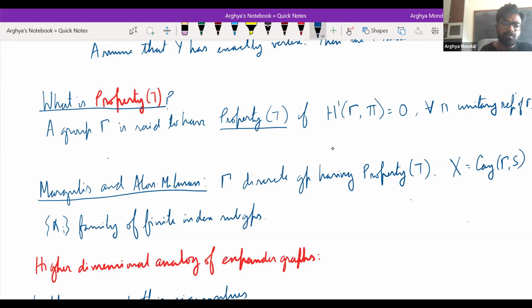Yeah. So you want residual finiteness so that you can look at a family of finite index subgroups which becomes smaller and smaller. And then that means that if I look at the quotient of the Cayley graph by these subgroups, these will be a bunch of graphs which are becoming larger and larger. And the claim, and what they showed, is that this family of graphs are expander graphs.